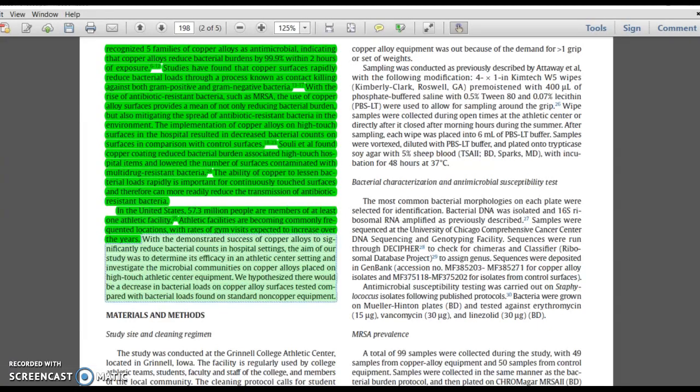So at this point, we've read the introduction. We have a general idea of what the paper is about. And here's the next tip or trick for reading scientific papers. What you don't want to do is keep reading the paper in the order in which it was written. So I would not read this paper by picking up at the materials and methods, which is the next section in the paper. Once you get to the introduction, what you want to do is skip ahead, and let me